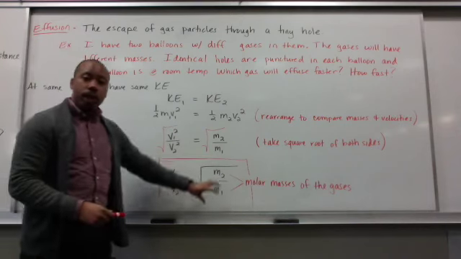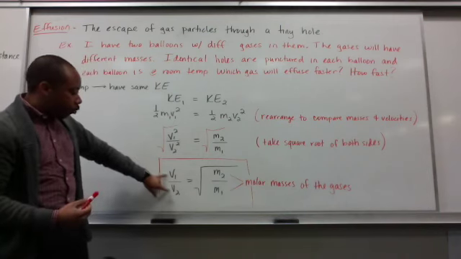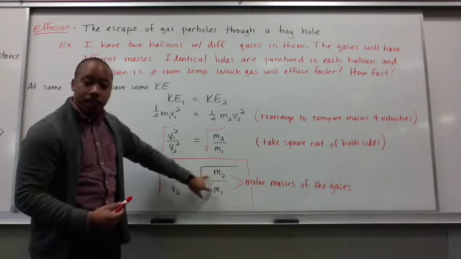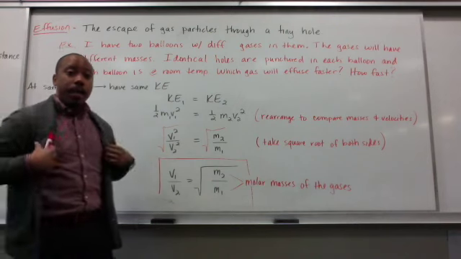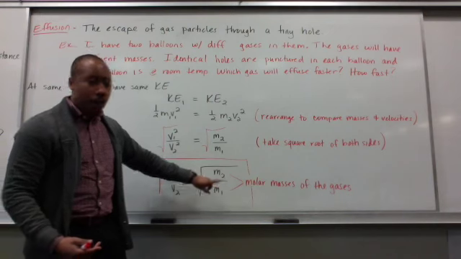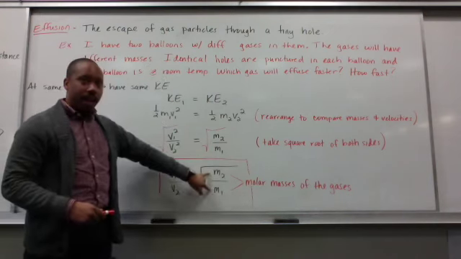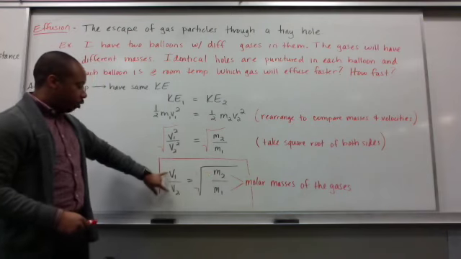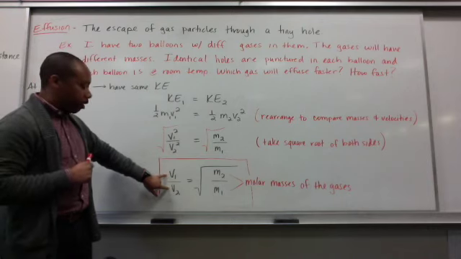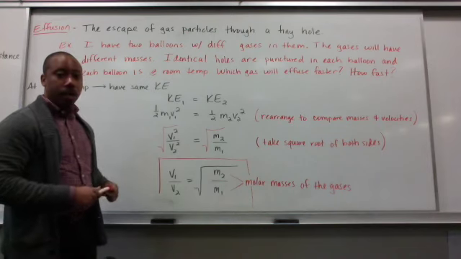This is a very important equation. That's why it's boxed. You might want to take note of that. But this tells me the ratio of speeds in relationship to the square root of the masses of those gases. So if I know the identity of those gases, then I know the masses, because when I say mass here, I'm referring to molar mass. Since I know the molar mass of these gases, then I can determine the ratio of their velocities, and if I know one velocity, I can determine how fast a single gas is going.